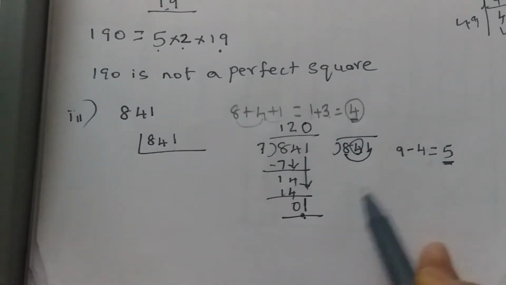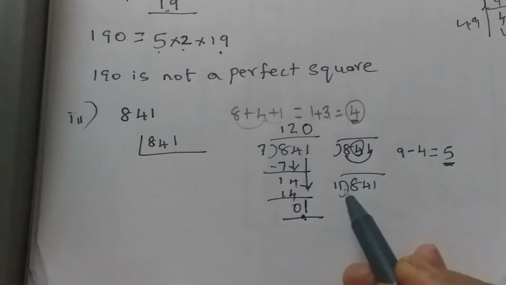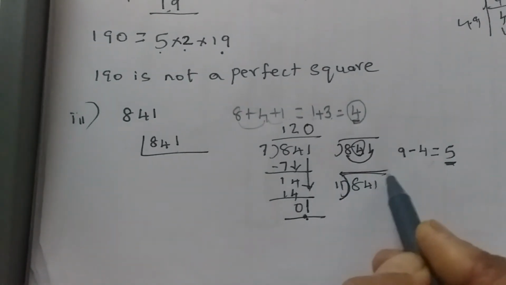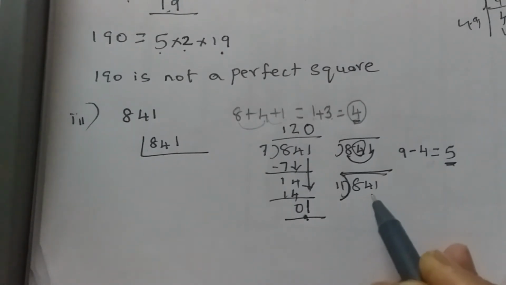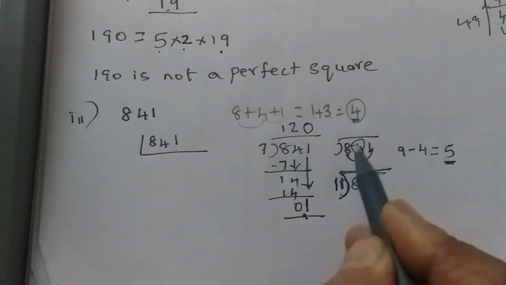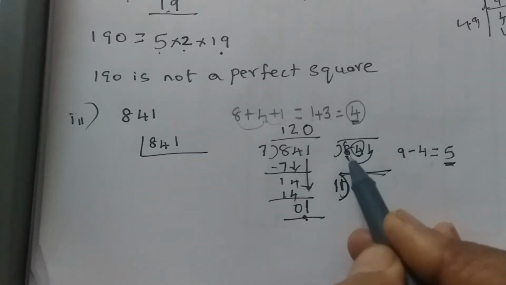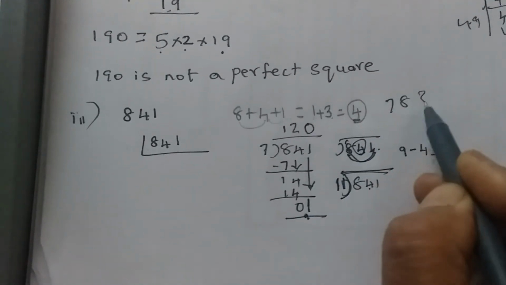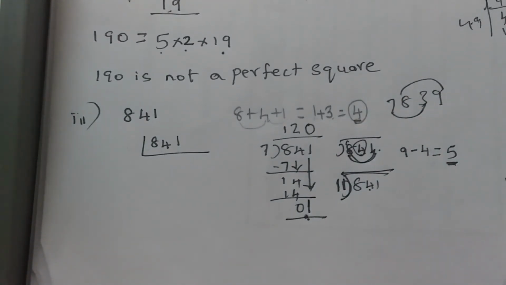This is the easy way to check by 11. Suppose you don't remember the rule, what do you do? You divide by 11. As we divided by 7, you divide by 11 and see whether you are getting remainder 0 or not. But as I told you, you must be thorough with all these simple basics, and that is the easy way of doing the sums. They are called divisibility rules. Instead of dividing, this checking is easy. You should add the alternate digits, leaving one number in between: 8 and 1, and leave this 4. 8 plus 1 is 9. Suppose we have one more number, then we will add 4. Suppose we have 7, 8, 3, 9. We'll add 7 and 3, then 8 and 9, like this. This is called adding alternate digits.